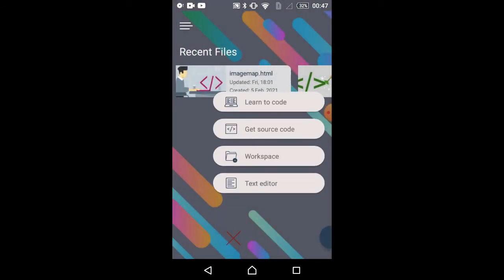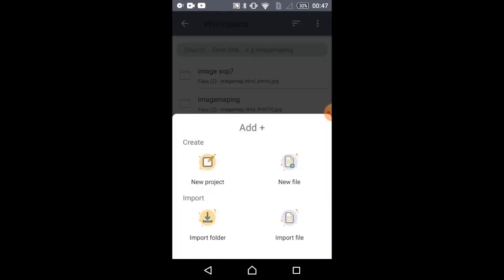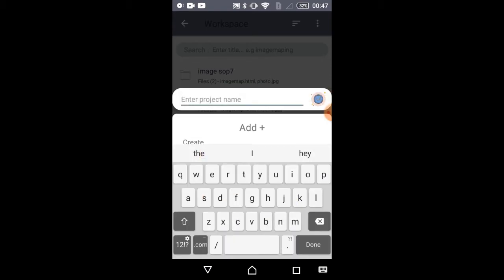So after that, click on menu and click on workshop. As you can see also in the recent file, the files are appearing which I have done recently, so that after doing this practical, this file will come at the top. So after that then click on new project and I'm writing here as SOP7,